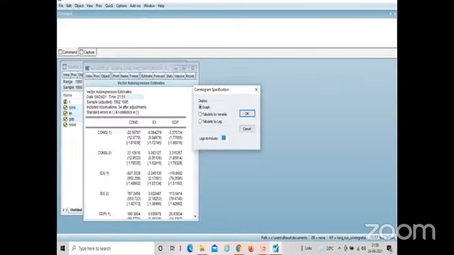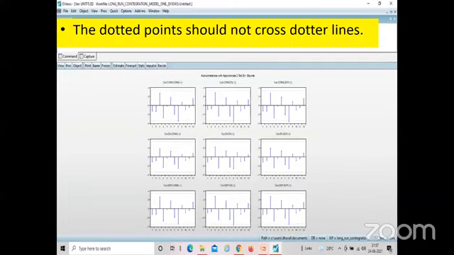Click OK. All the points should be within the dashed lines, plus or minus 3 sigma. Right? The dotted points should not cross the dotted lines. If so, then your model is a good model.